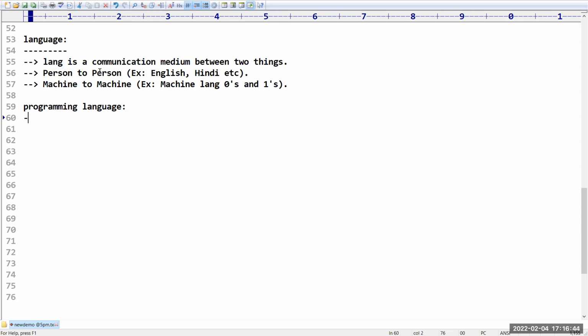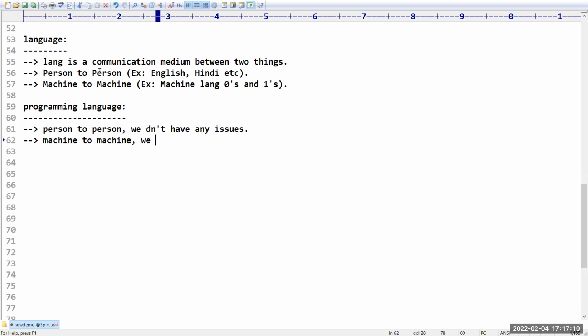What is the reason why we need to go for a programming language? Sir, in person to person communication, we don't have any issues. We can communicate with another person by using languages like English or Hindi, etc. Even machine to machine communication is also possible. Sir, here also we don't have any issues. But the problem is, if a person wants to communicate with a machine, person to machine communication